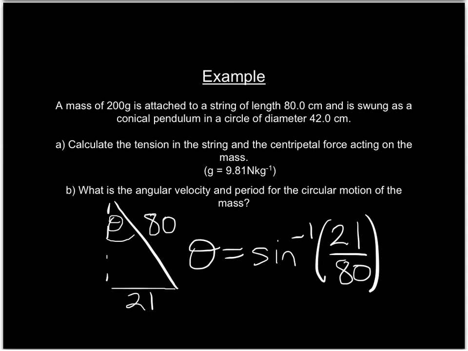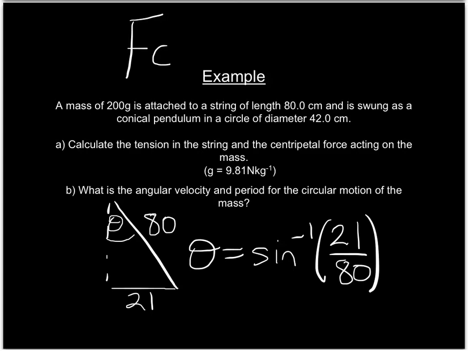Then, to find the centripetal force, you can use the other equation for the other component, T sin theta, because that of course will be the magnitude of the centripetal force. Part B, what is the angular velocity and period for the circular motion of the mass? Well, to find the angular velocity omega, we know the centripetal force, and we also know that the two are related by the equation